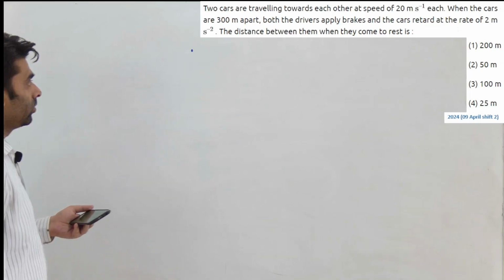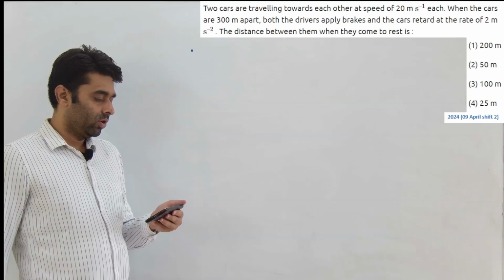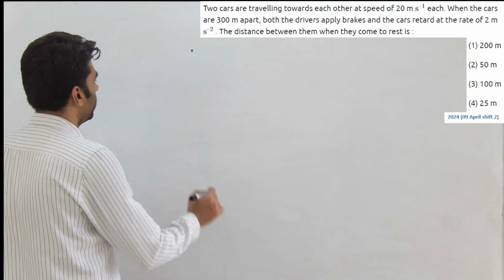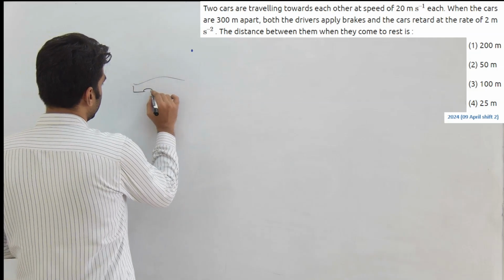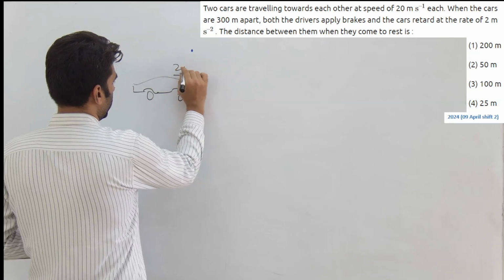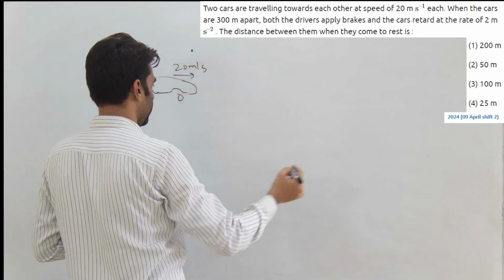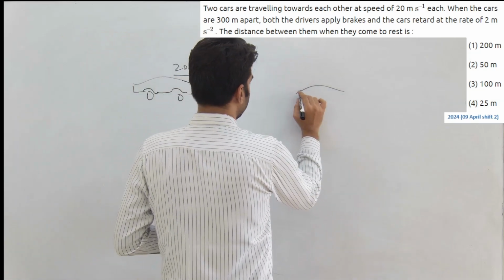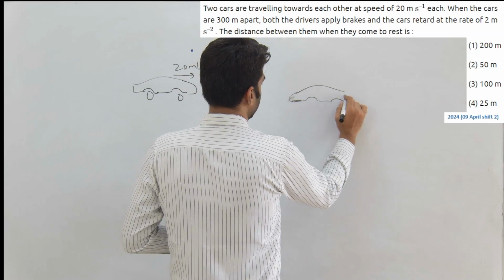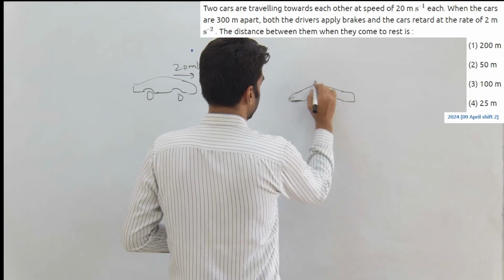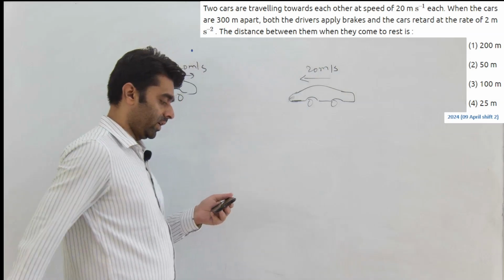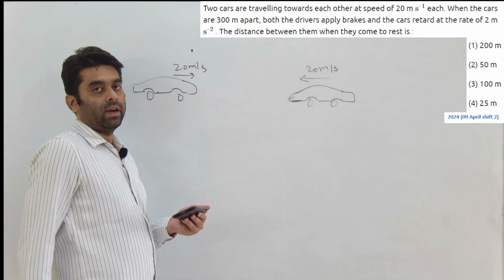Yeah. So the question we have is, two cars are traveling towards each other at a speed of 20 meter per second. Fine. Let's see. So we have two cars, 20 meter per second, traveling towards each other. That means this is what the situation is. Fine. When the cars are 300 meter apart,